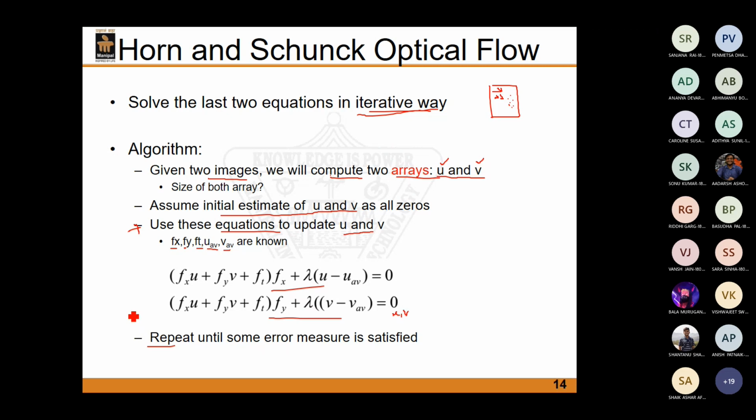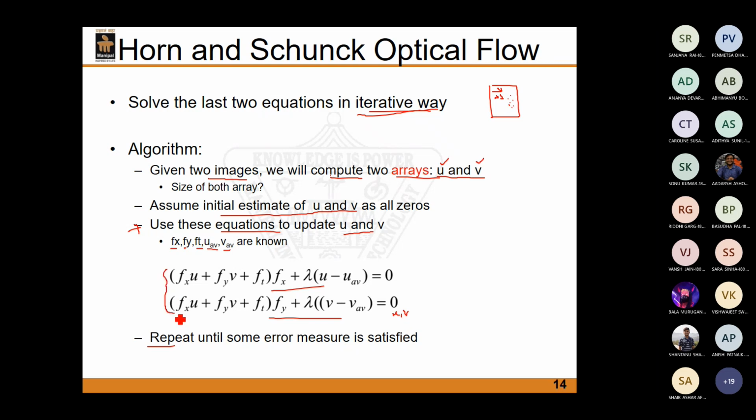At that point we can say that we have reached convergence, and once u and v converge to a value, we can stop the iterative process. So this is how the Horn and Schunck optical flow